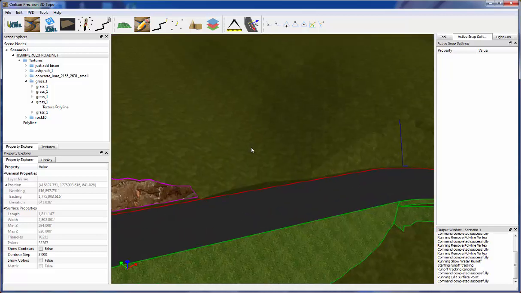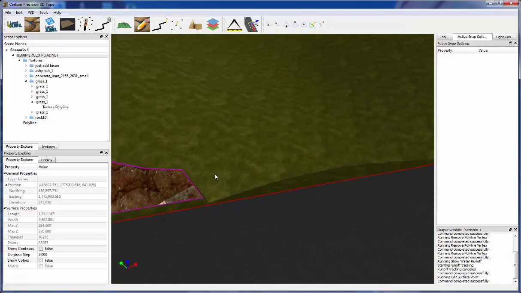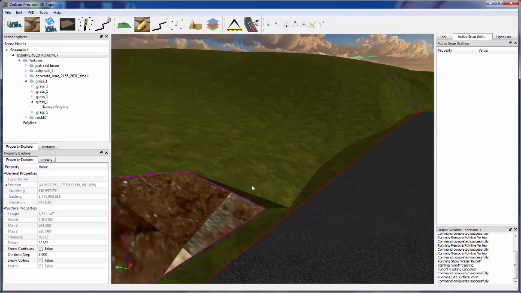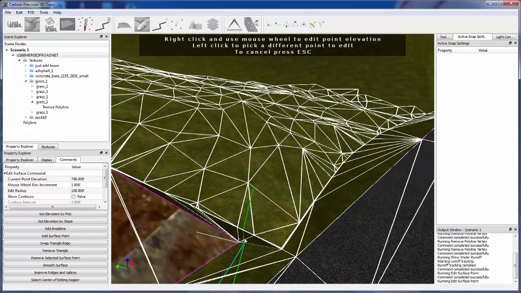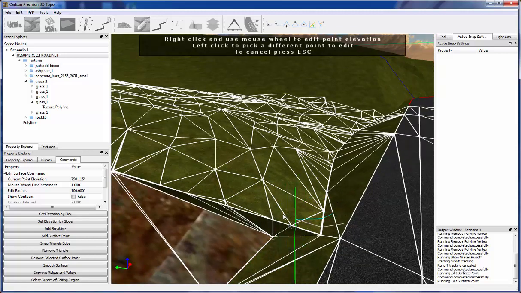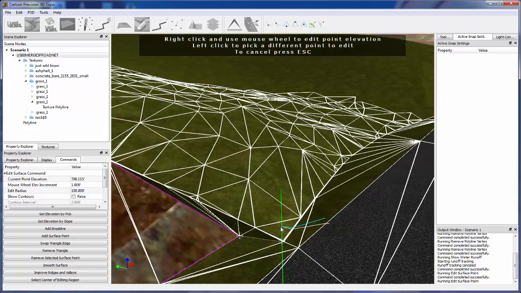We do have a couple of specialized keyboard shortcuts, and one of those is for the edit surface command. As you move the mouse, you notice that we draw the actual TIN faces and vertices on the screen dynamically, along with the textured mesh. So if I want to clean up this particular ridge line, which looks like a bit of an anomaly,